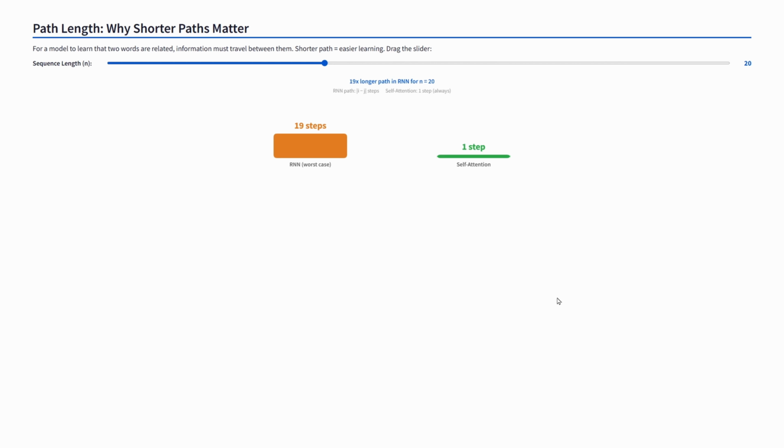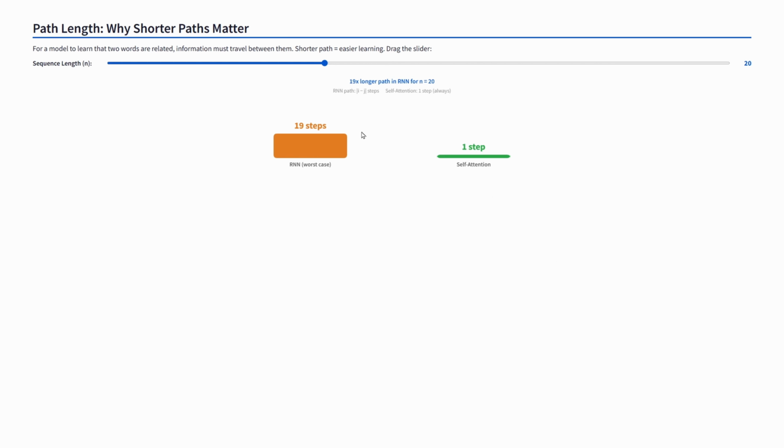When the sequence length is 20, the worst case path length for an RNN is 19 steps. That means if word 1 and word 20 are related, the signal has to survive 19 separate transformations. The green bar on the right is self-attention. The path length is 1, always 1. No matter how far apart the words are,